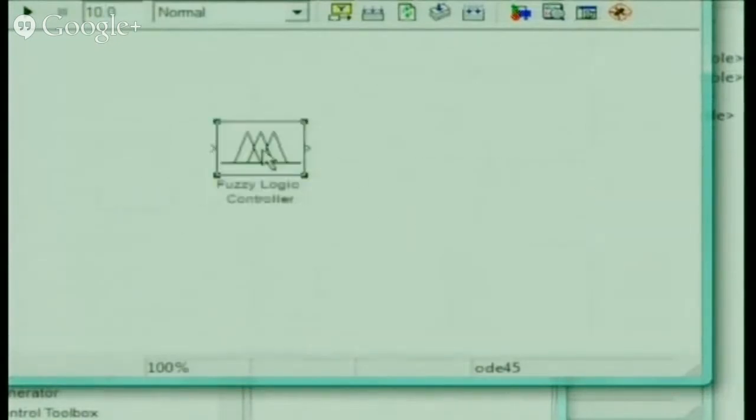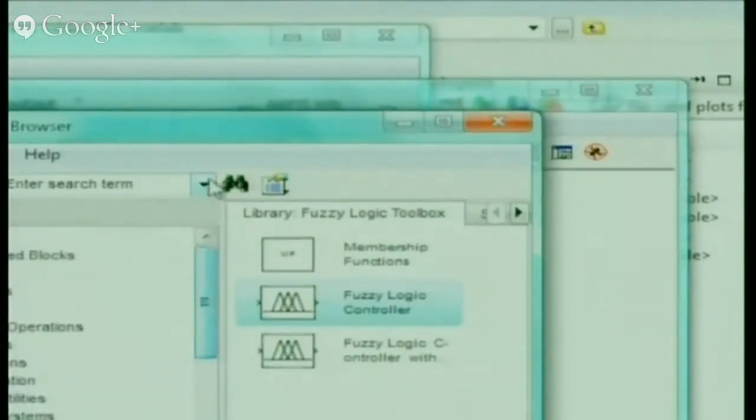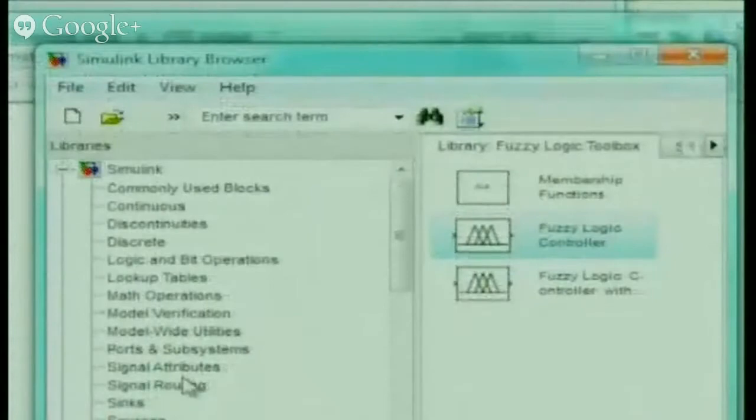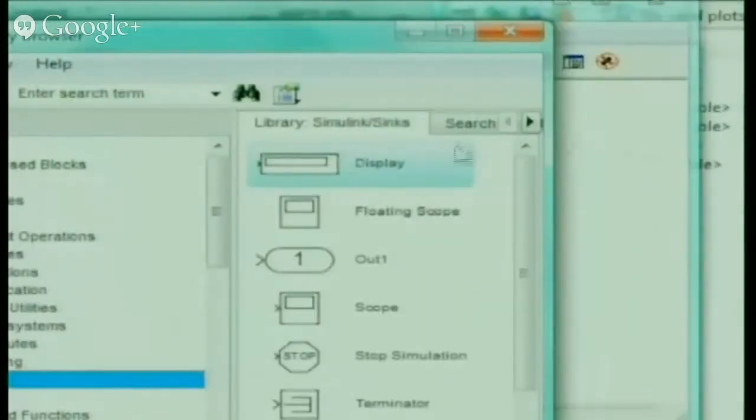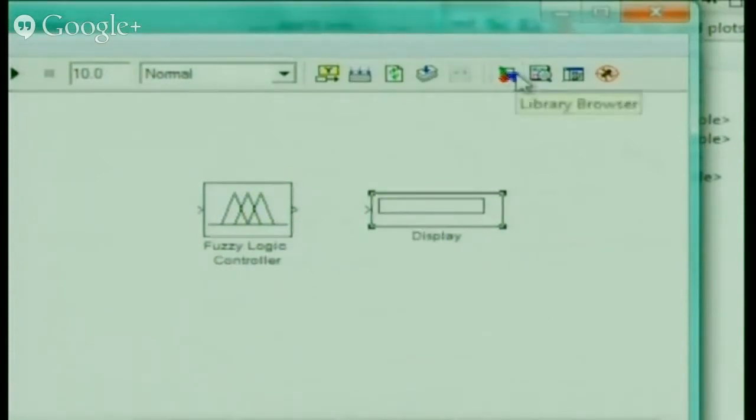Okay, so in this fuzzy controller again I require, I have only one output, but then I have 5 inputs I think, is it?